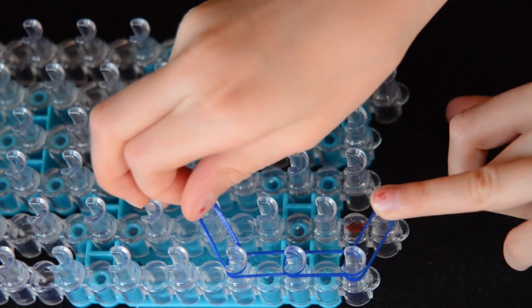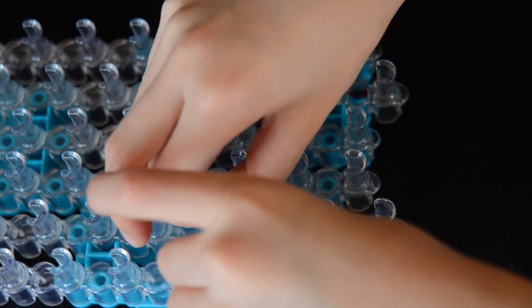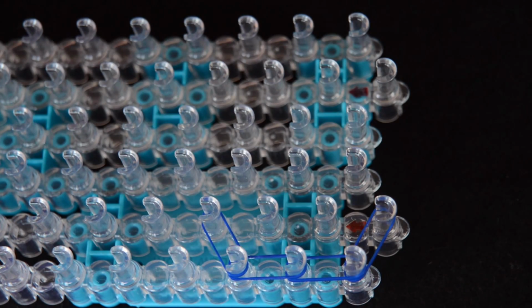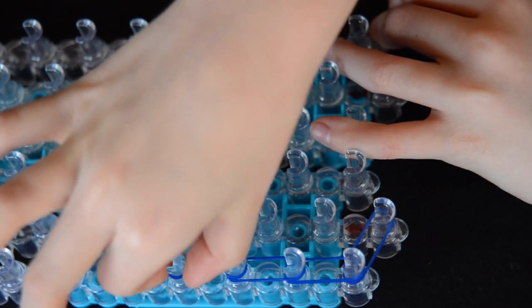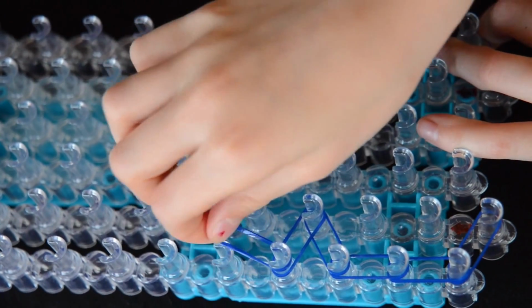Now we're going to go from where we stopped to the 4th middle peg and push your bands down. And now we're going to go from where we stopped back to the outside and go forwards 2 times